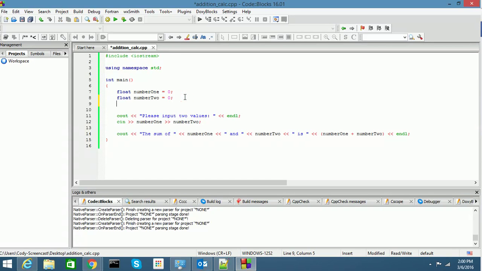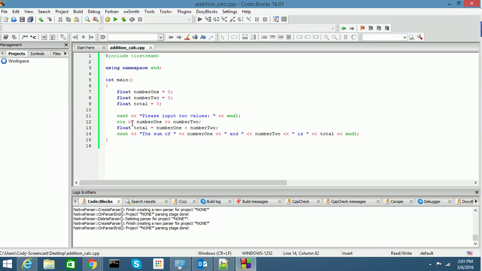So what we could do is we could have another float, and we could call this total. And for that total, we could set it equal to 0. And what that total is going to be is it's going to equal number 1 plus number 2. So now that addition that we were doing down here in the print statement is done there. So we can take the number 1 plus number 2 from down here and replace that with total and let